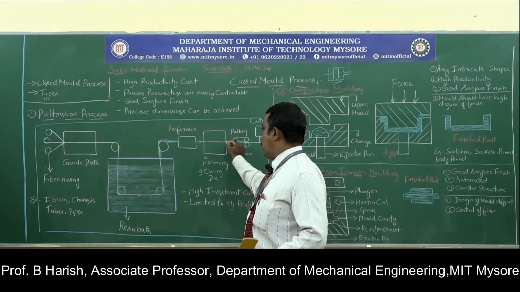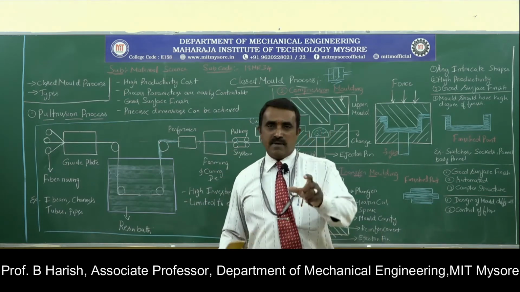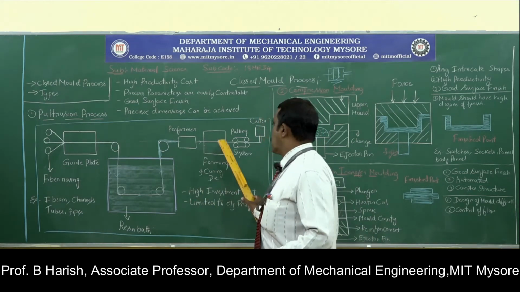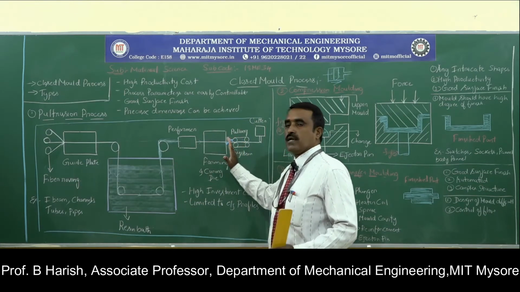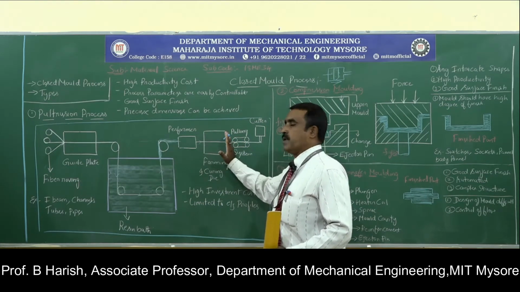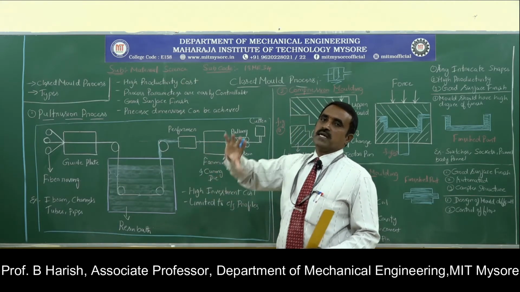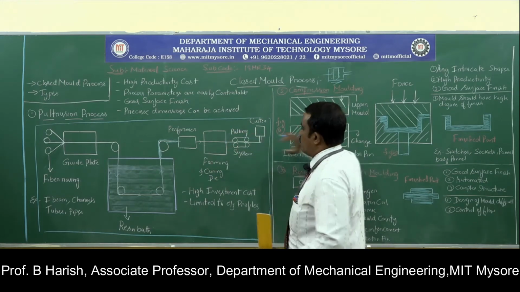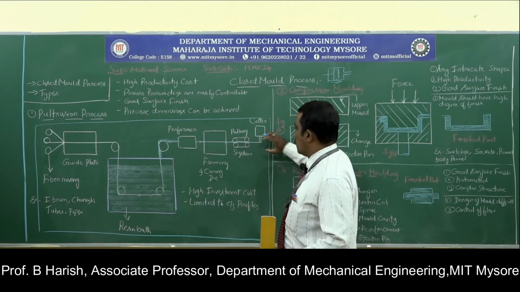So the shape of this opening will depend upon what should be the diameter of the composite material. Then it comes out here, and as it passes through this forming and curing die, during this period of time it completely gets cured. From wet condition it will be transferred into dry condition. Then this pulling system pulls the composite material out of the forming and curing die. As it pulls out, it moves further.